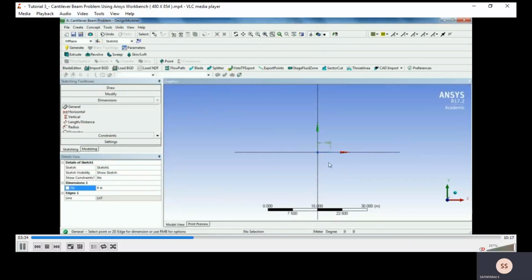Click on the line and give dimension H equal to 4 meter.